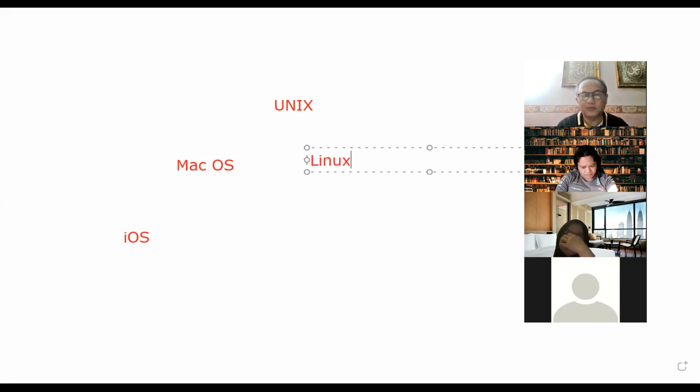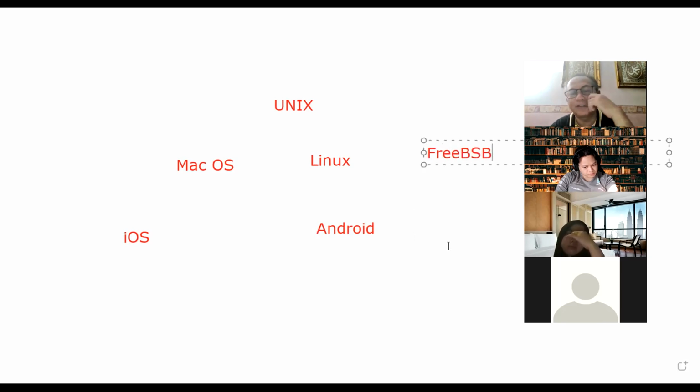From Linux, what do we have? We have Red Hat, Ubuntu, Debian, and most prominent, Android. And then we have others, for example PBS, which is being used by a lot of networking devices, and more. So you can see that